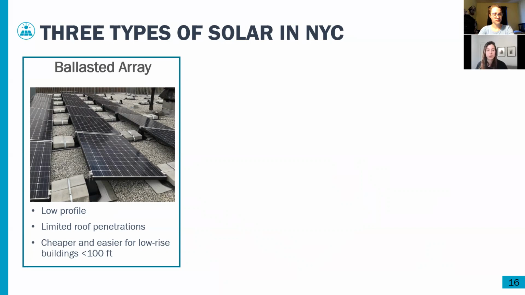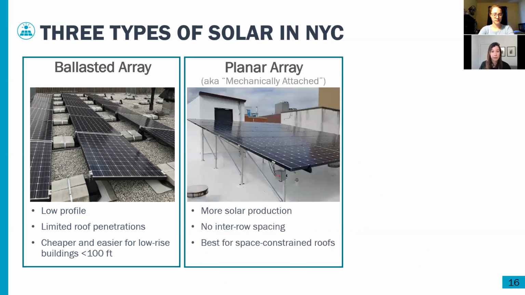because of wind loads. And as you can see in the photo, there needs to be spacing in between the rows. So it's a really good system for large roofs on low-rise buildings because they have the space to hold it. The planar array, or sometimes called the mechanically attached array, as the name implies, gets mechanically attached into